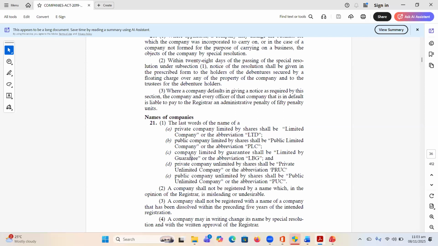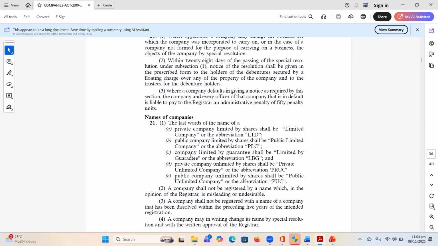and let's say the company was called ABZ Limited, because 5 years have not elapsed, you will not be allowed to use that. Of course, for various policy reasons,